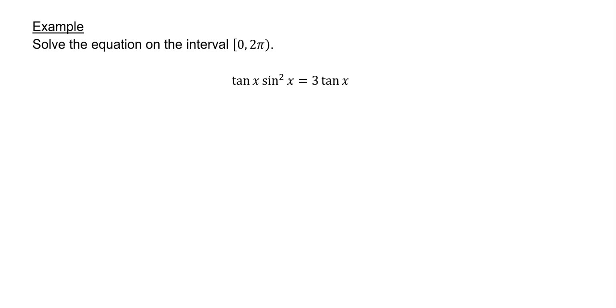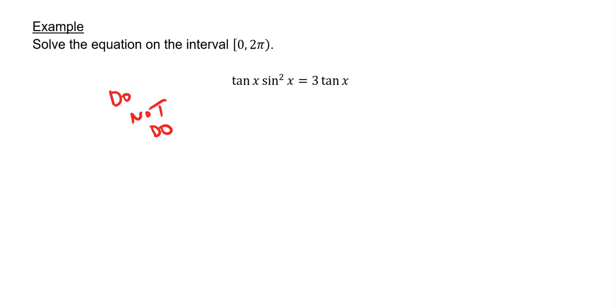Solve on the interval 0 to 2 pi once again. Tangent of x times sine squared x equals 3 tangent of x. So right away, we see that we have two separate trig functions, right? We have tangent and sine. And the trick, so I'm going to write, do not do this, do not do